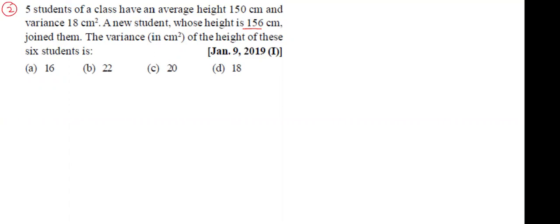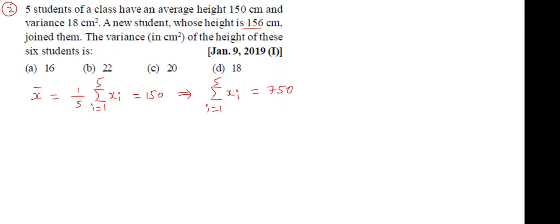First, mean. Mean how much is given? I am taking x bar or mu also we can take. Mean is 1 by n sigma xi, this is 1 by 5 sigma xi, where i is equal to 1 to 5. That value is given as 150. Now sigma xi for i equal to 1 to 5, take cross multiplication, we get 750. These are original observations.